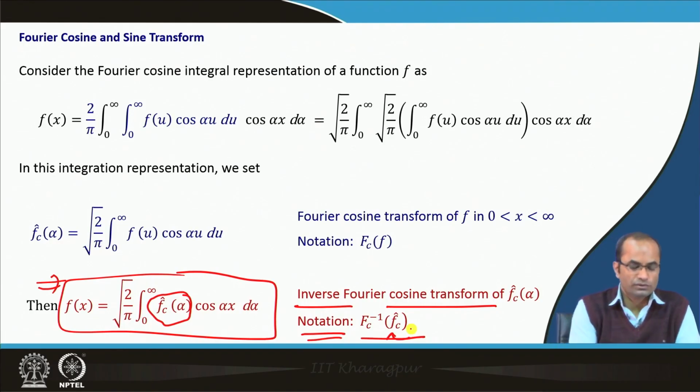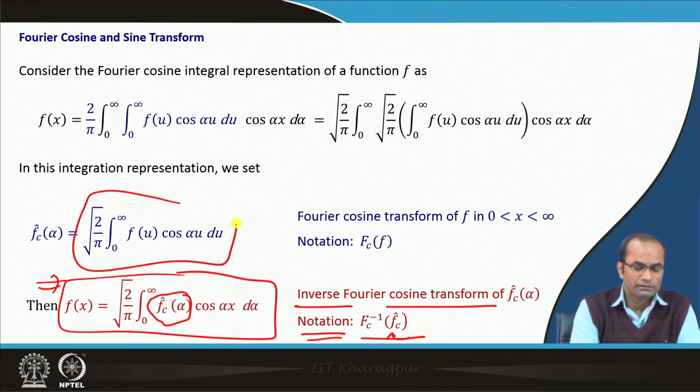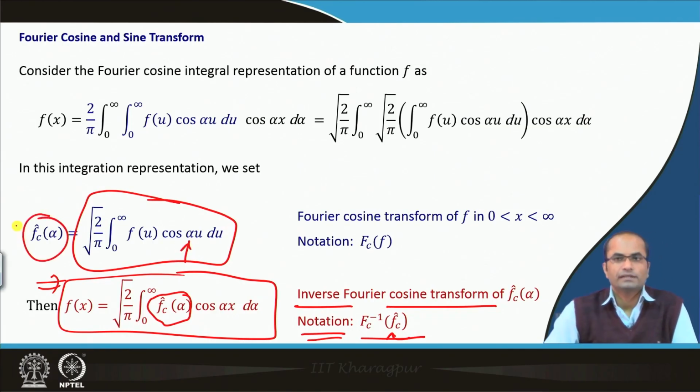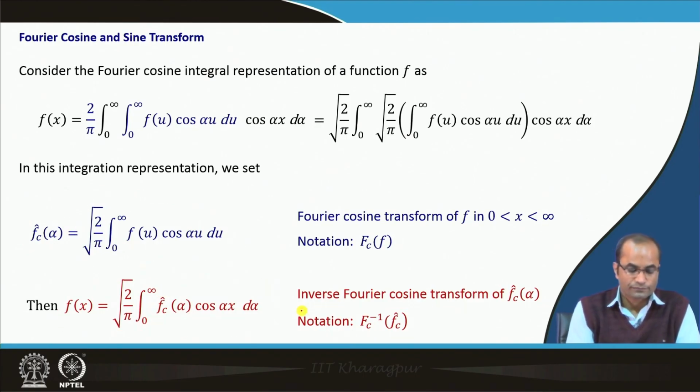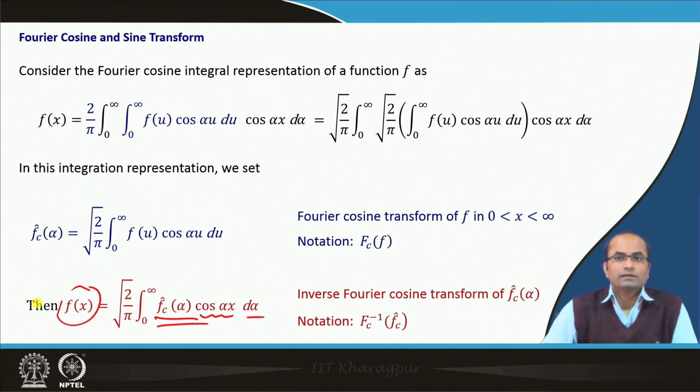This hat is used just to denote that, since it is a function of alpha, we are naming it f hat c of alpha. If such a function of alpha is used in this second integral and integrated over alpha after multiplication by cos(alpha x), then we will get f(x), the function, and therefore this is called